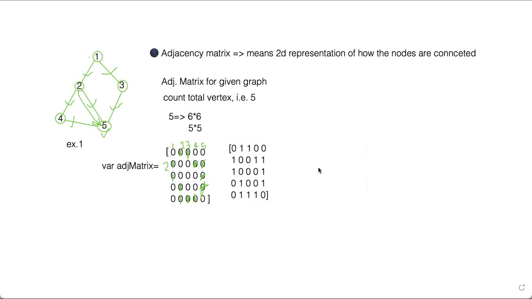So this is what we know right now. These are the things that we are done with. So this is the adjacency matrix. So now